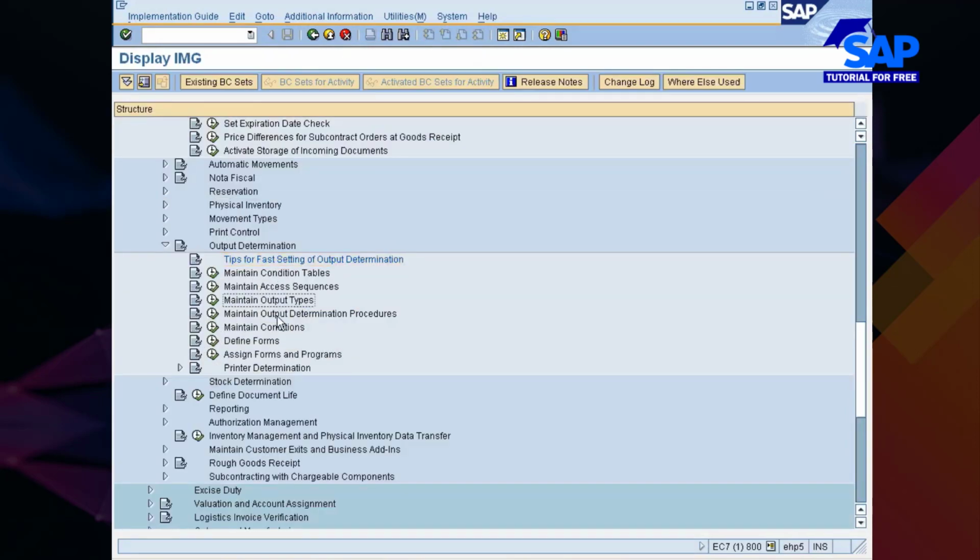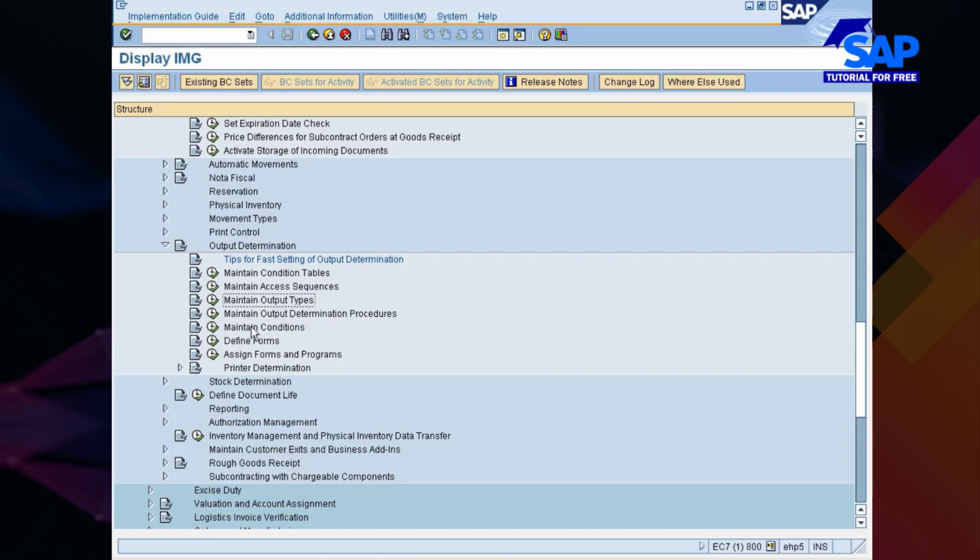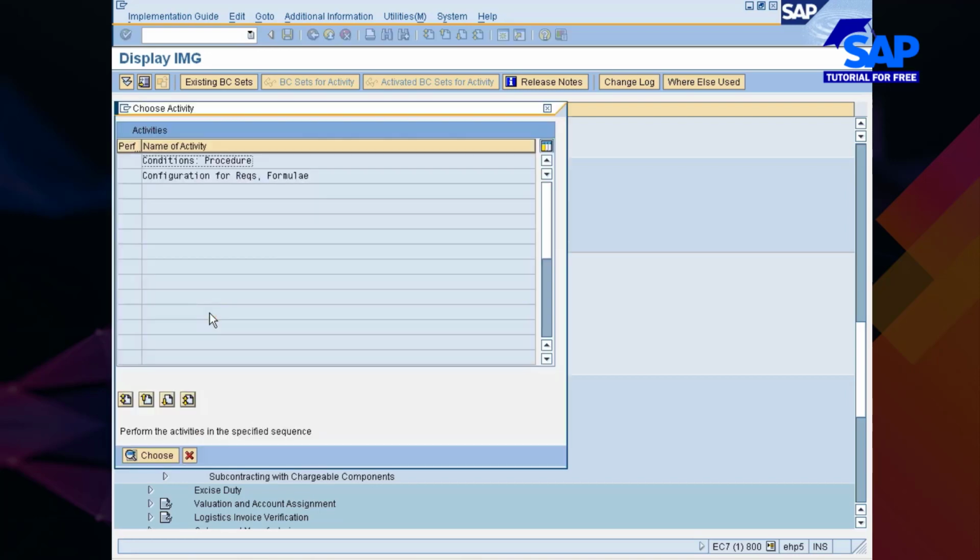You see, it's like condition technique. Whatever condition technique that we have discussed in purchasing, it's the same thing which I will be doing here. Maintain output determination procedure, like your calculation schema or pricing procedure.